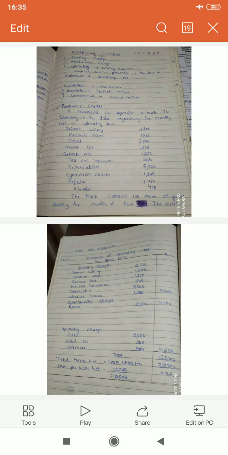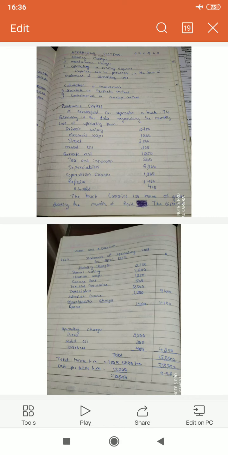For that reason, it can be included under the caption maintenance charge, because repairs are specifically given as rupees 1400 per month. Then the last expense given is overhead. How much is the amount of overhead given? The amount of overhead given is rupees 400. It can neither be categorized under maintenance charge nor under running charge, but there is every justification to include it under standing charge.